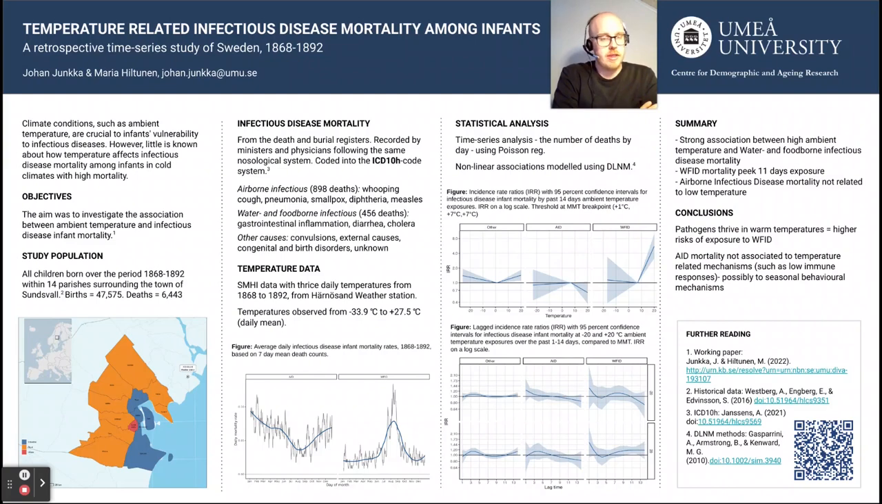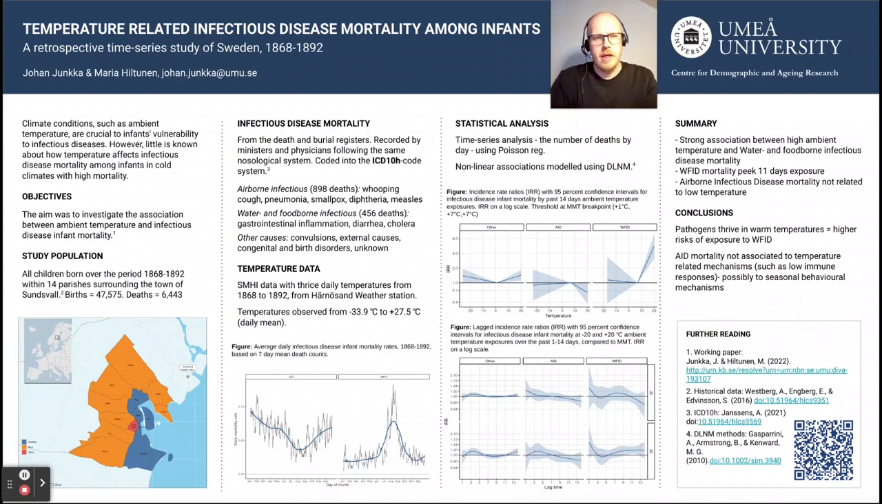Then we use a time series analysis to investigate the association between the number of deaths by day and temperature exposures in the past 14 days, using a Poisson regression, also capturing the nonlinear association using a DLNM framework. At the same time, we also adjust for seasonality, overall time trends, and the place